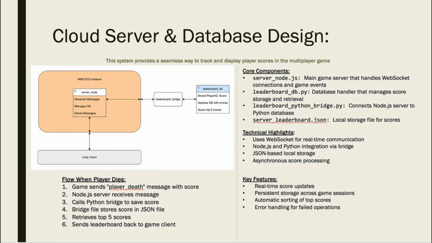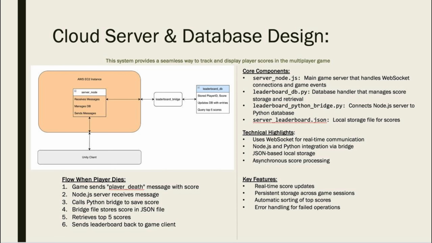leaderboard_python_bridge.py comes into play. This file connects our node.js server to the Python database. It allows the server to call Python functions for adding and retrieving scores. All these three tie in together to then fill the server_leaderboard.json file. This is the local file where scores are stored, and it gets updated automatically whenever a player dies, and their